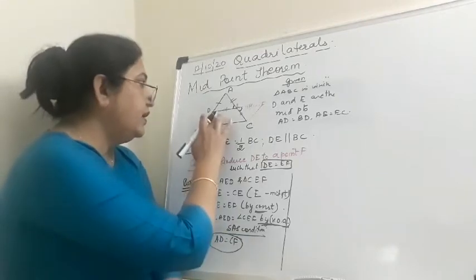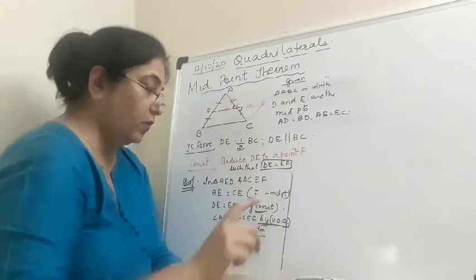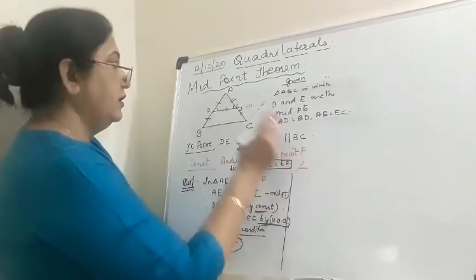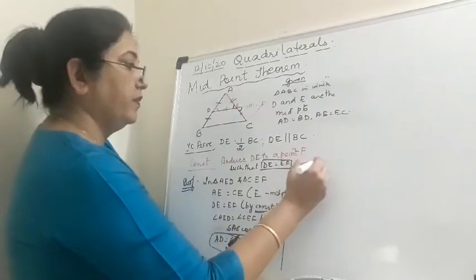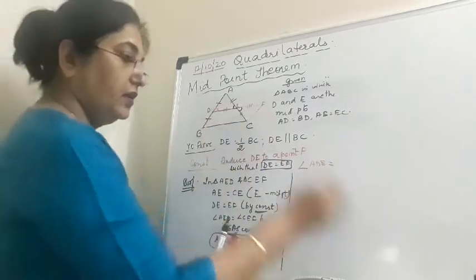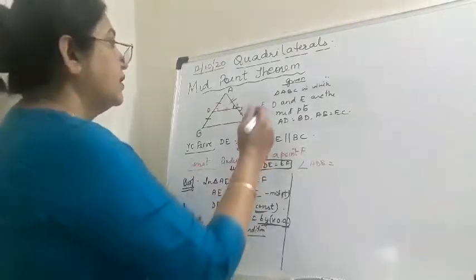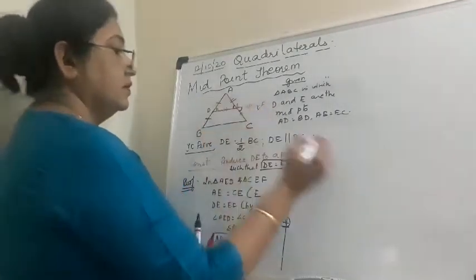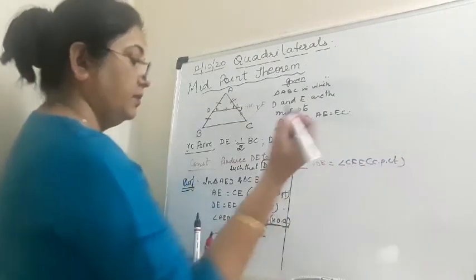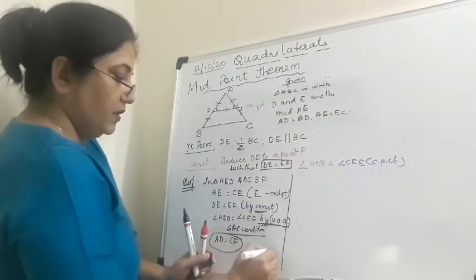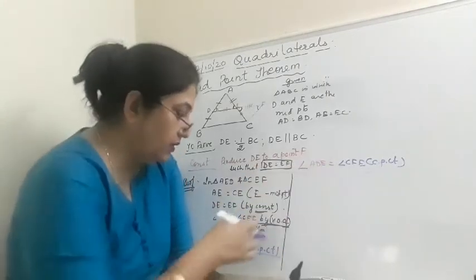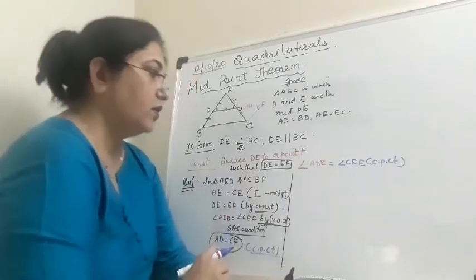Okay, now AD is equal to CF, and one more we have this angle, angle ADE is equal to angle CFE. Again, which reason? CPCT. So here also CPCT. Clear? So these two triangles are congruent, and these two angles and these two sides are equal by corresponding equal